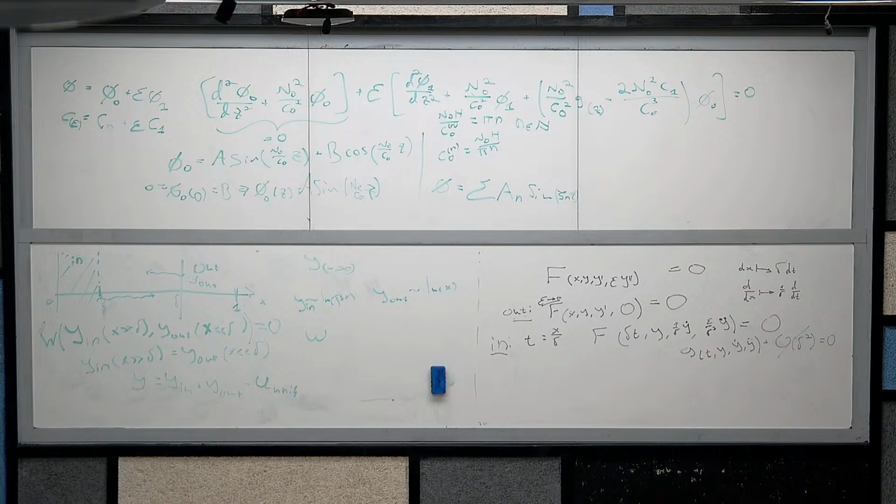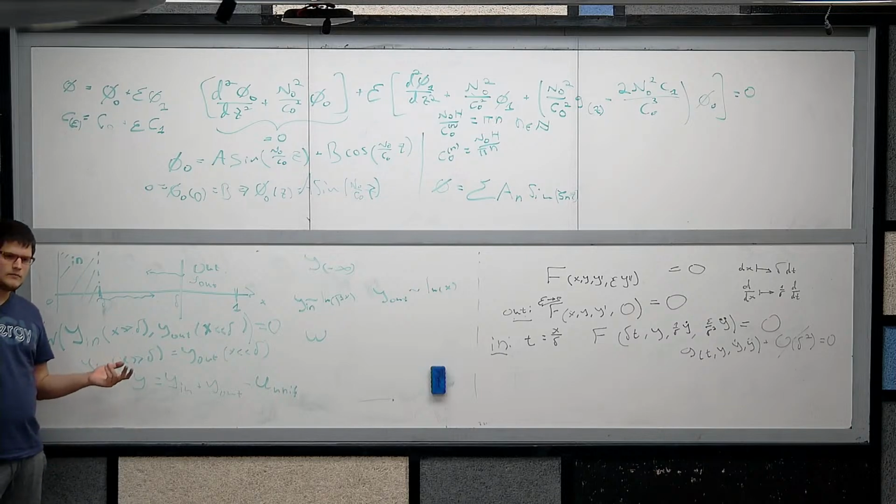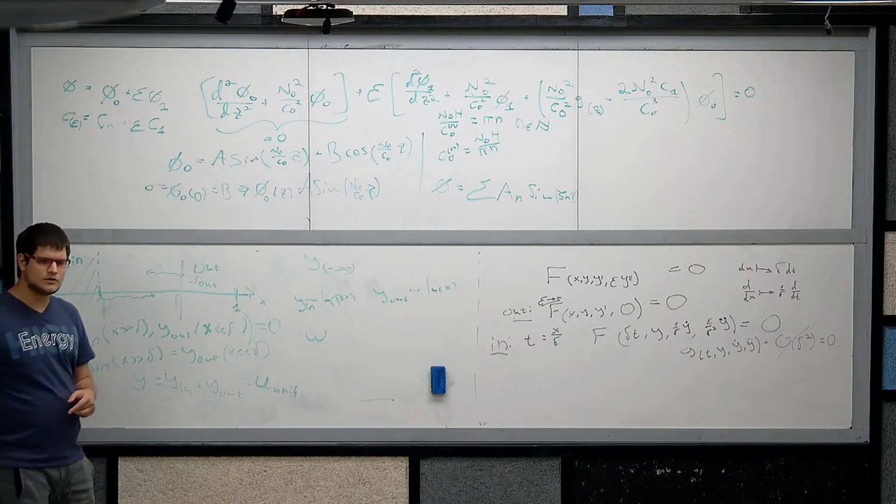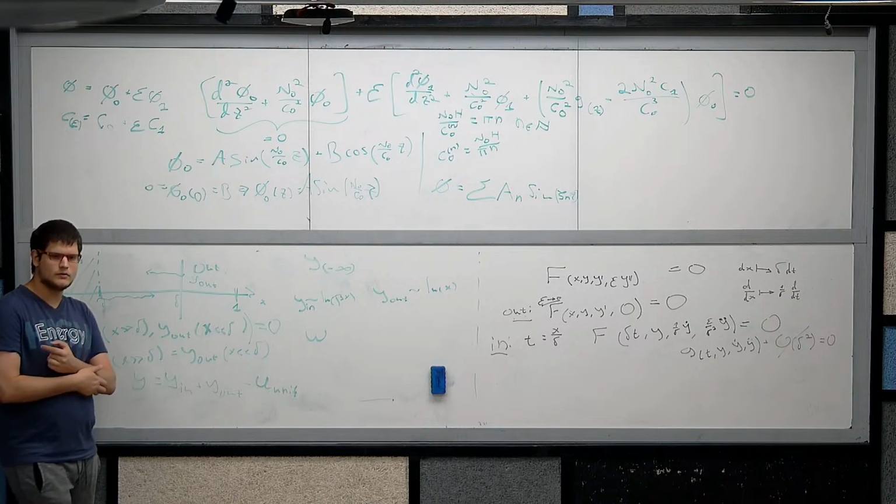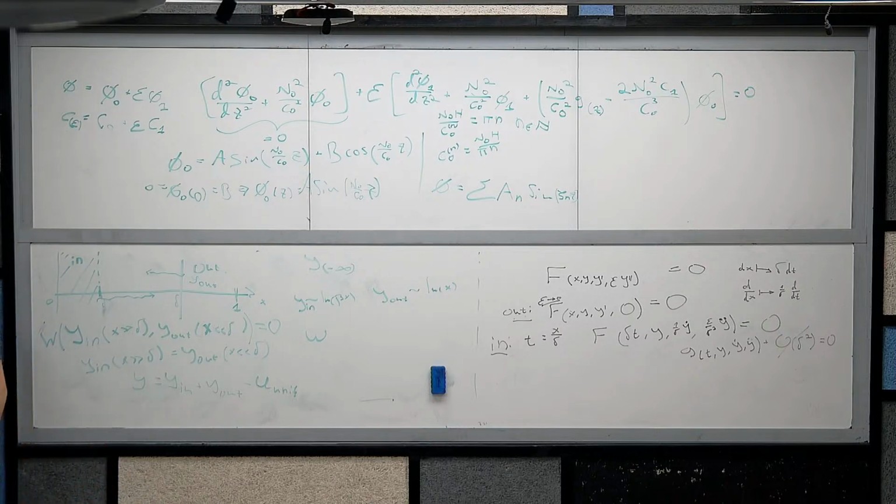Can you give us an example where the uniform solution does not satisfy the outer boundary condition, only in the limit of epsilon going to 0 or something like that? It depends on the exact boundary solution. Do you mean it can satisfy the boundary condition only when epsilon equals 0? Yes. Okay, actually we're not aware of that thing, but most of the time